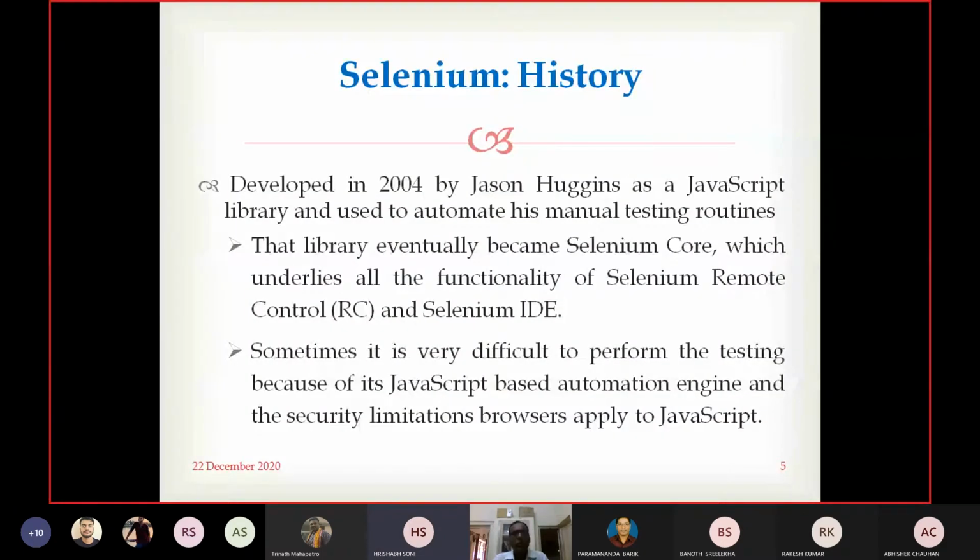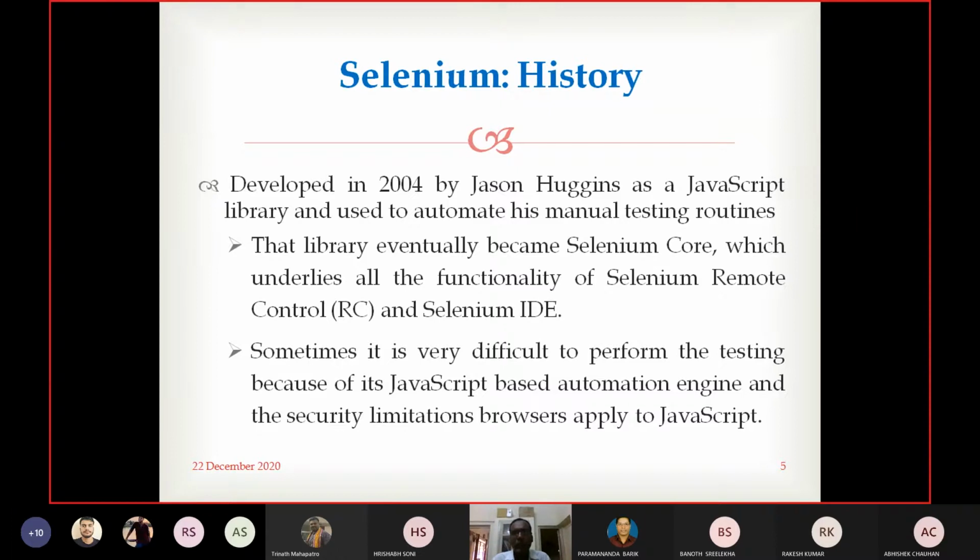Yes. So Selenium was developed in 2004 by Jason Huggins as a JavaScript library, and he used it to automate his manual testing routines, because previously he was using manual testing routines for testing web-based applications.